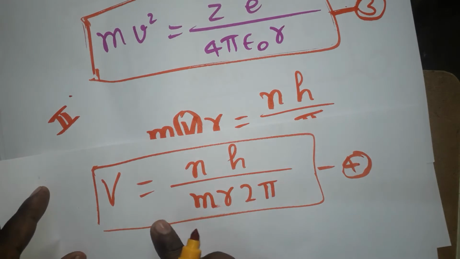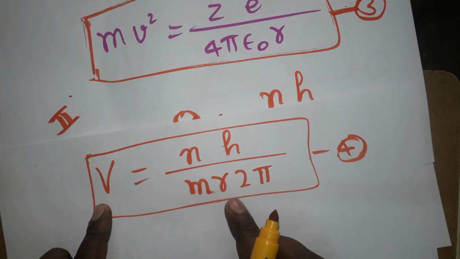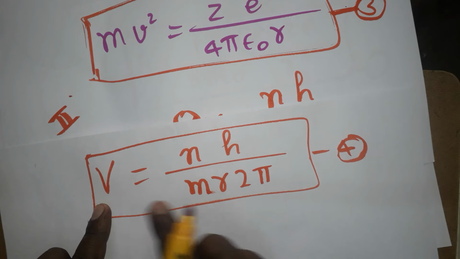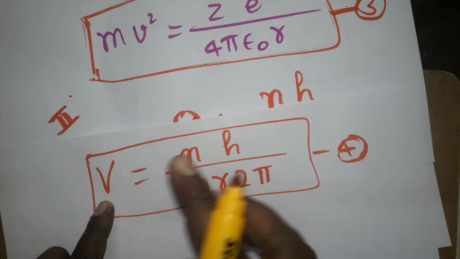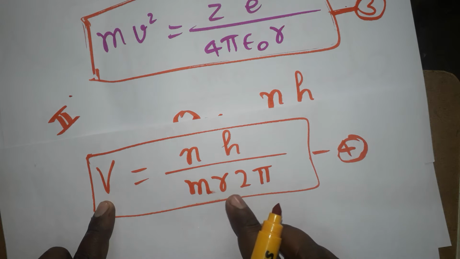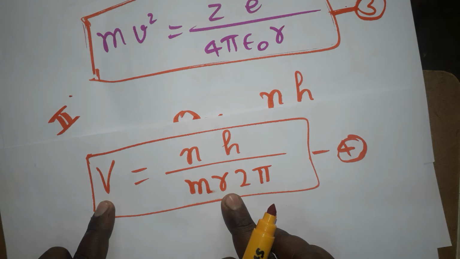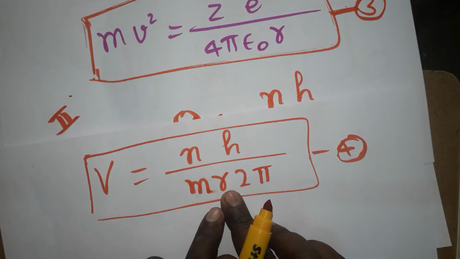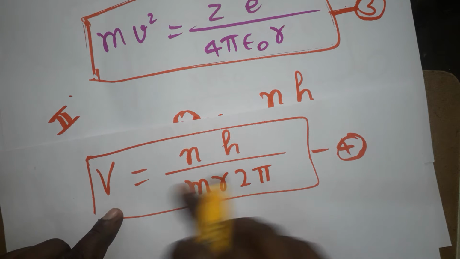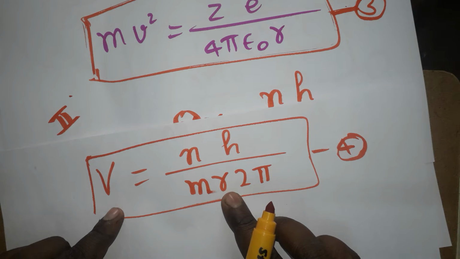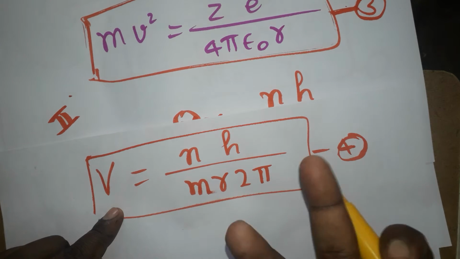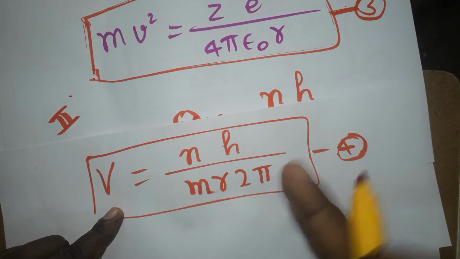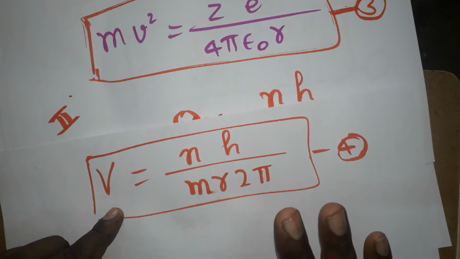Now we got velocity. In this equation we have the radius, and we don't know the radius and we don't know the velocity. Both we don't know. So when you want to find the velocity equation, you should not have the radius in it. Again I will repeat, in the velocity equation we have to remove the radius. The reason is, both unknown terms in a single equation are not going to be used anywhere. If all terms are known, it will be very easy to use.